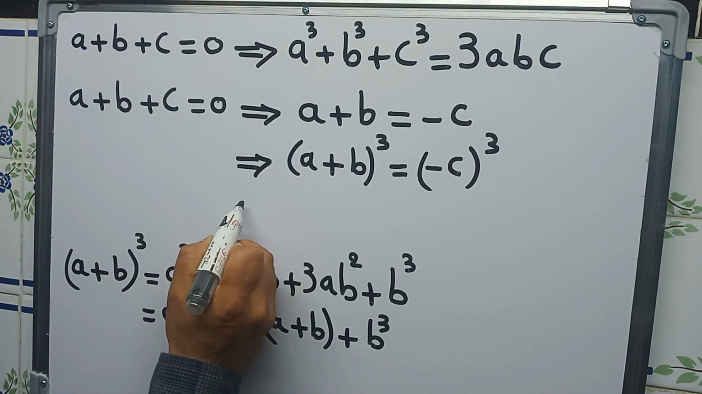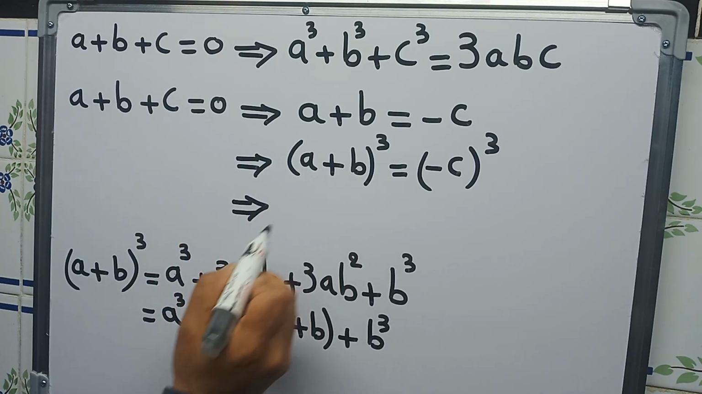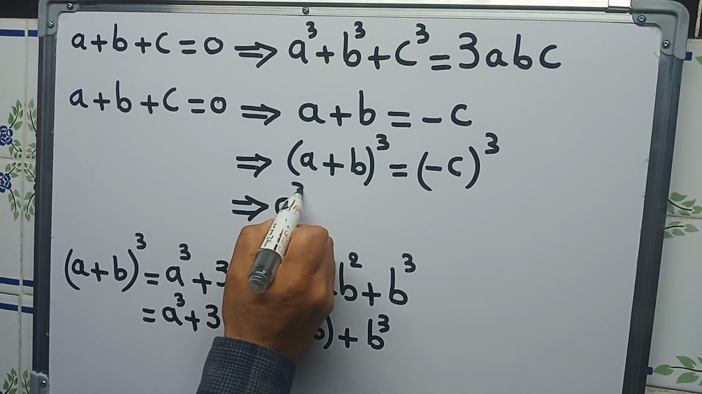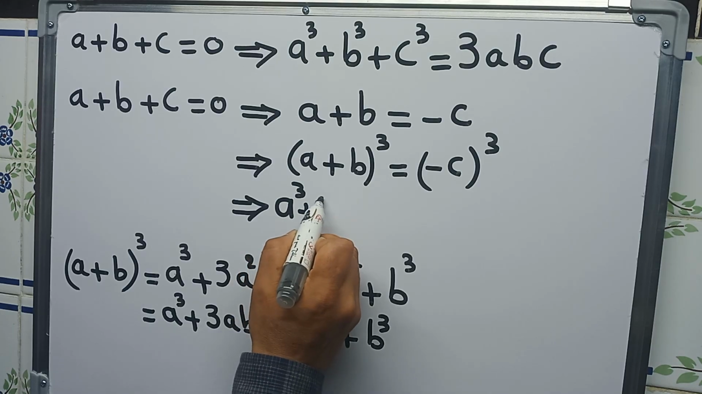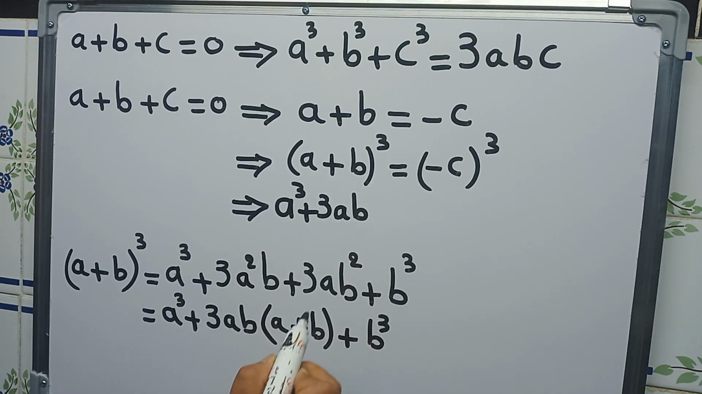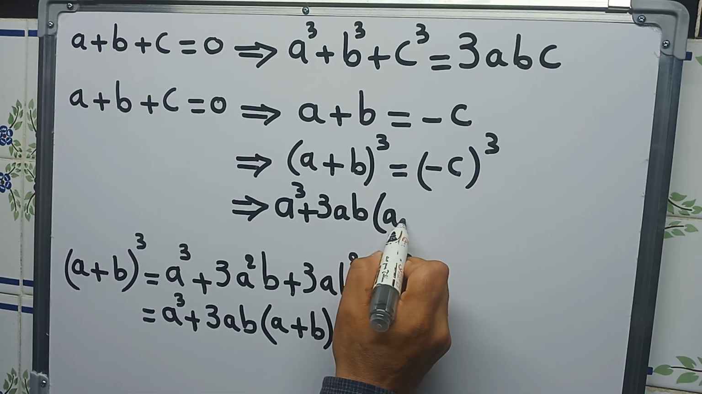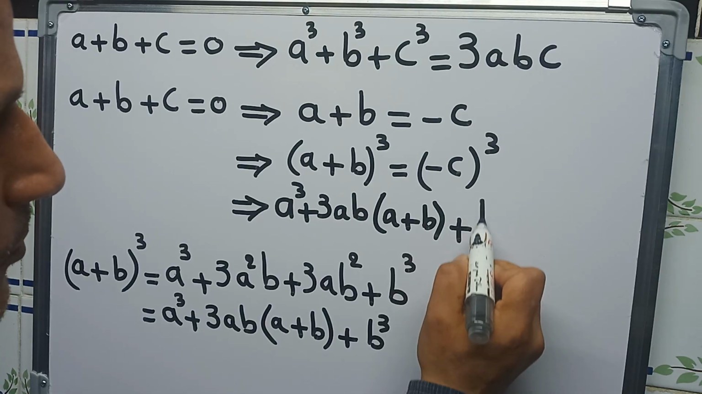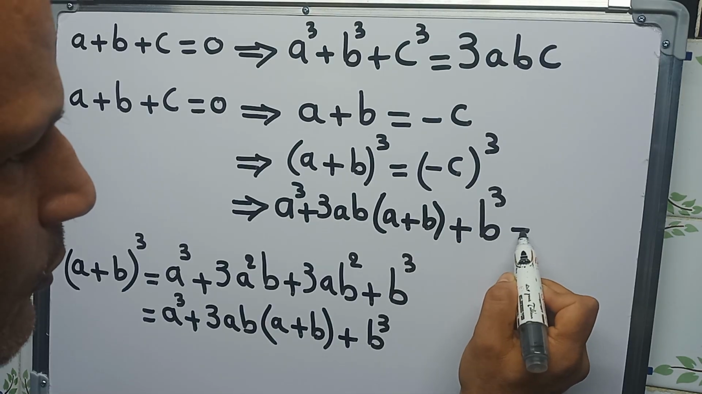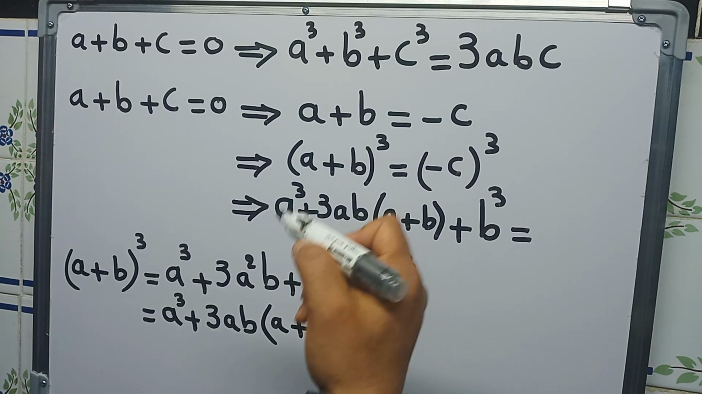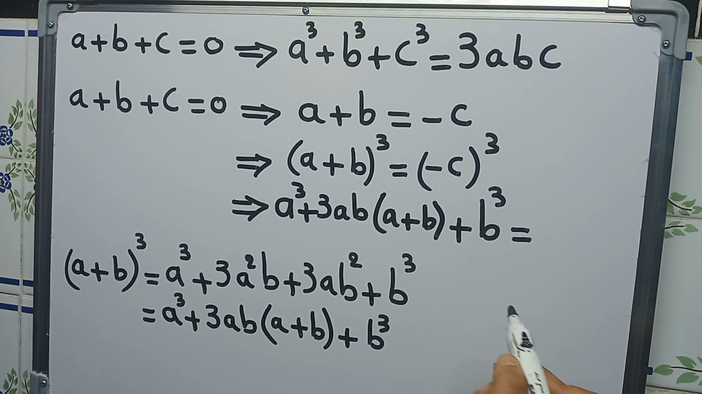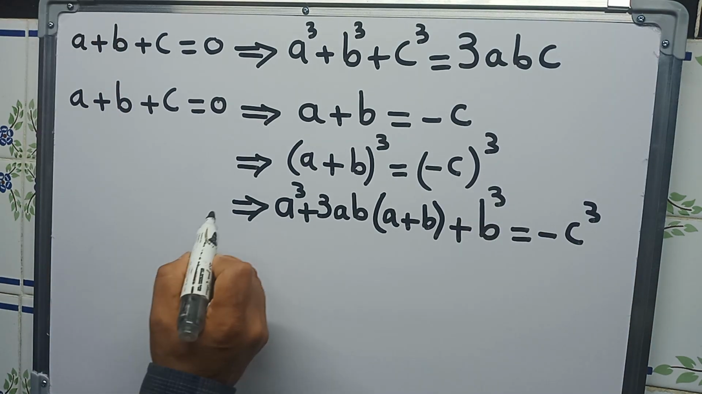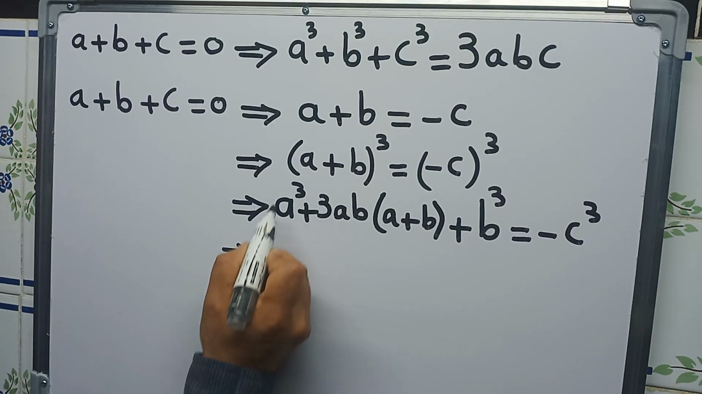So here this implies replacing a plus b cubed with this form, so it's a cubed plus 3ab times a plus b plus b cubed is equal to, and minus c cubed is minus c times minus c times minus c. One minus will be left and c cubed. And this implies a cubed